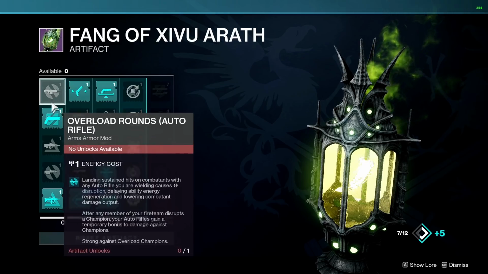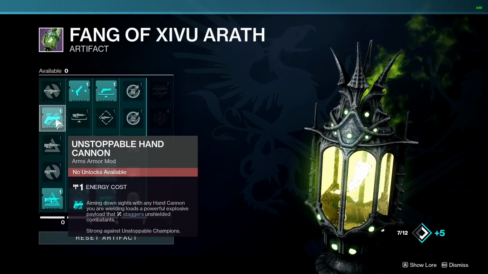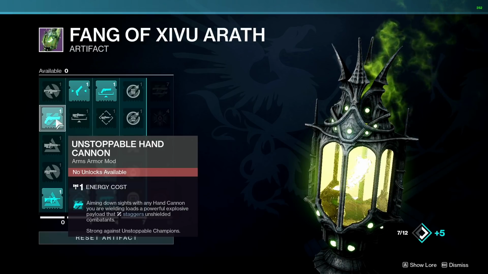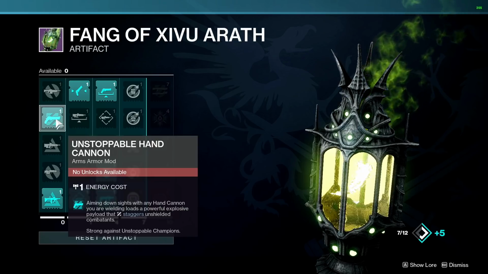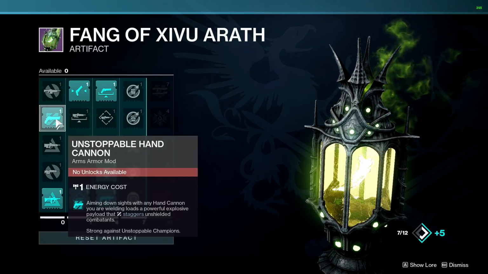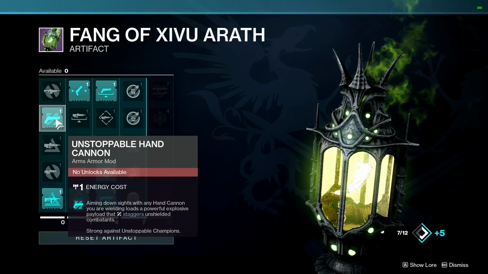The first column is your anti-champion mods. So just choose whichever mods here that correlate to whatever guns you use the most. Of course, I chose Unstoppable Hand Cannon just so I can run this with Ariana's Vow. So I'm doing double anti-champion things at once. I got anti-barrier on Ariana's Vow, and then I got this on my armor,